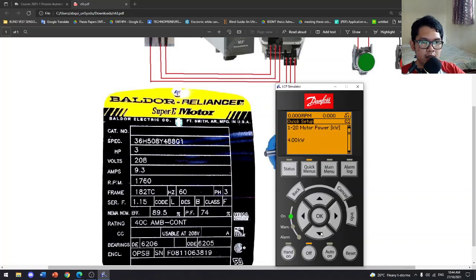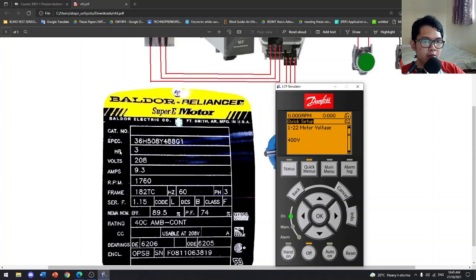Then next, the motor power. So 3 horsepower is equivalent to 2.2 kilowatts. So let's change this one into 2.2 kilowatts. Okay, press OK. Next, motor voltage.